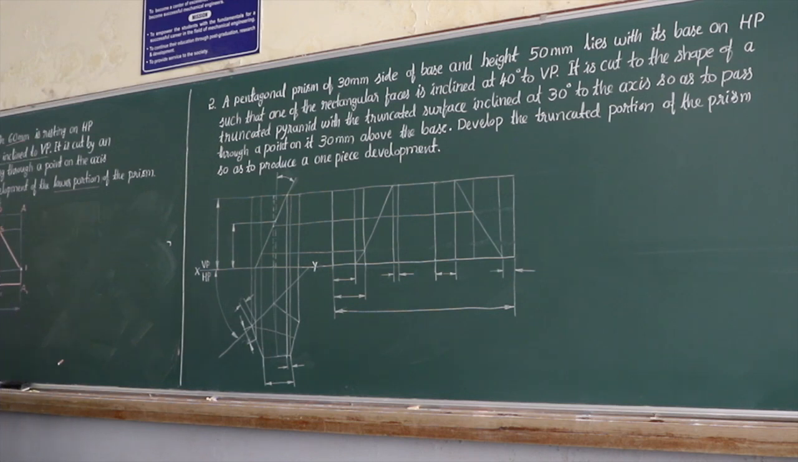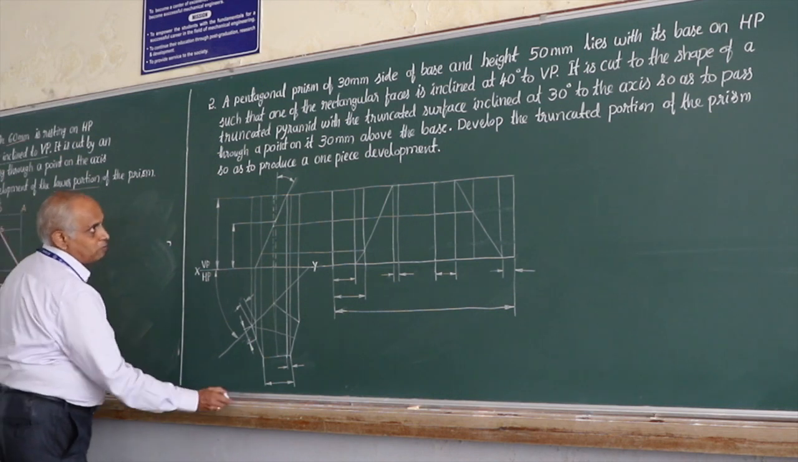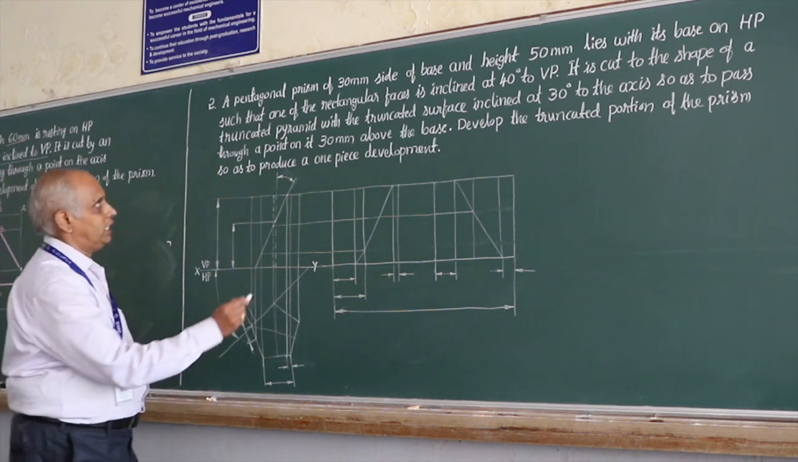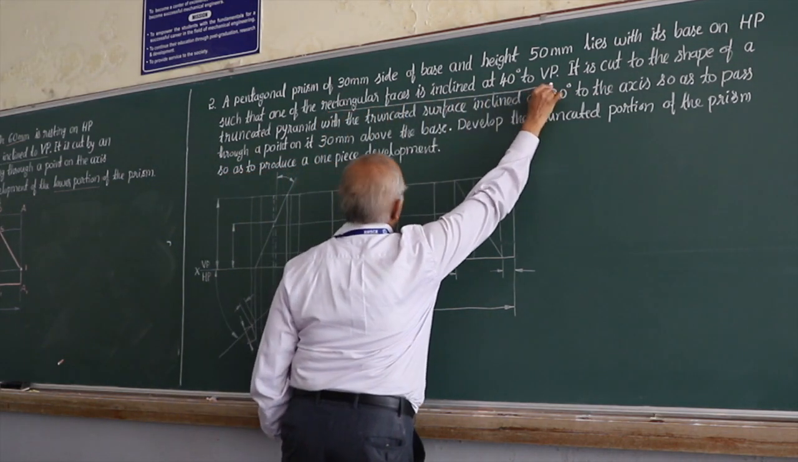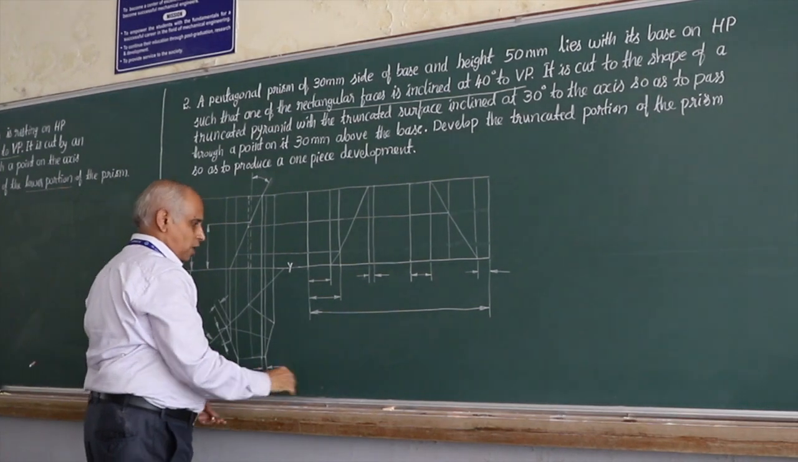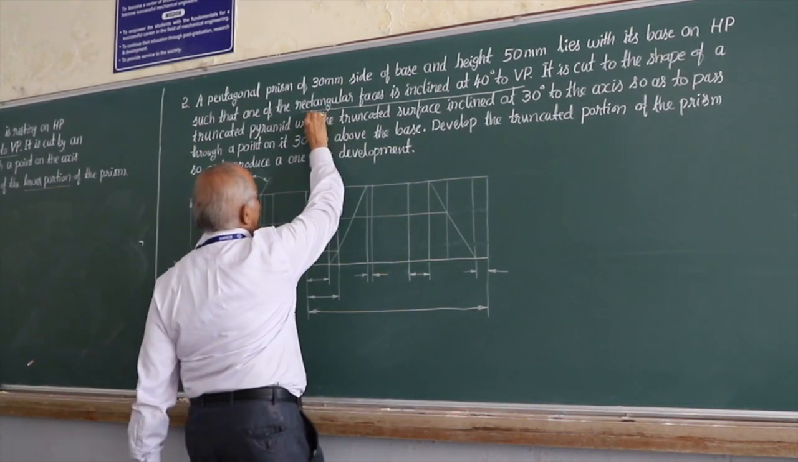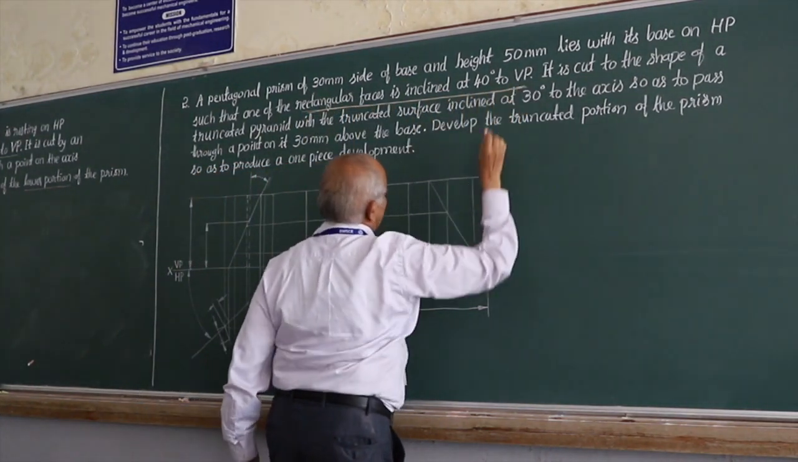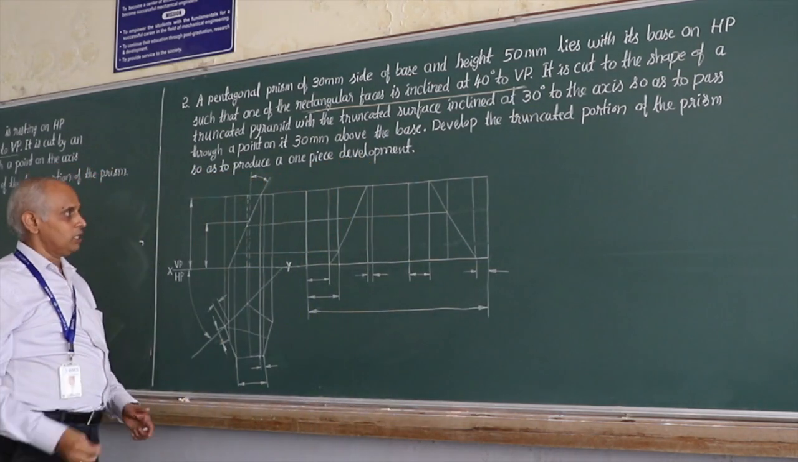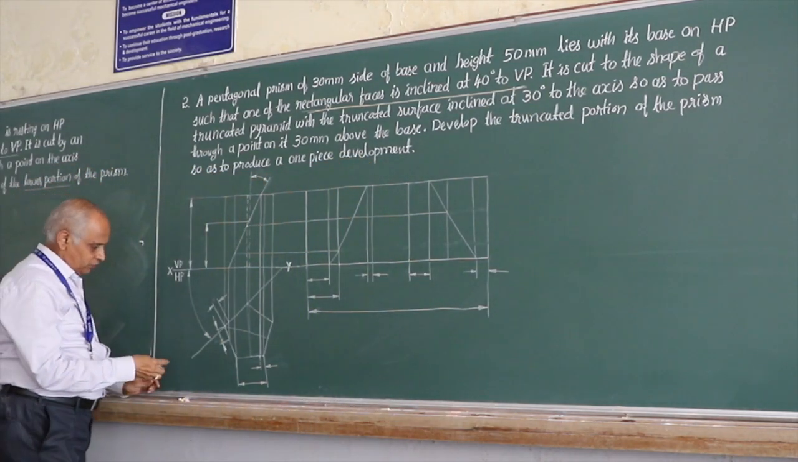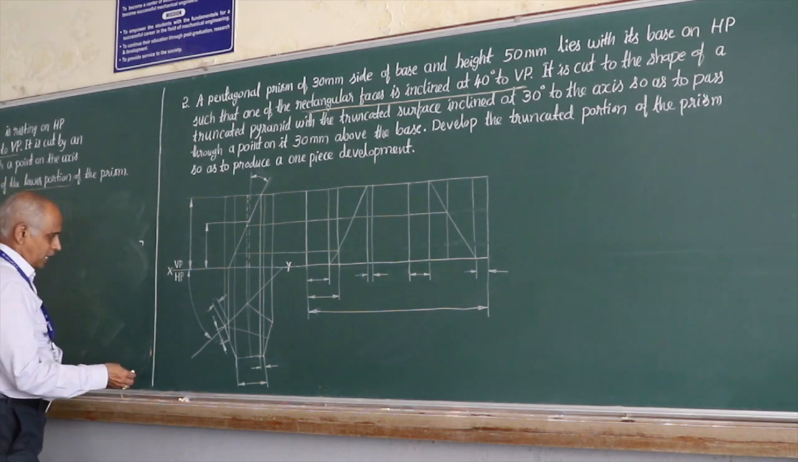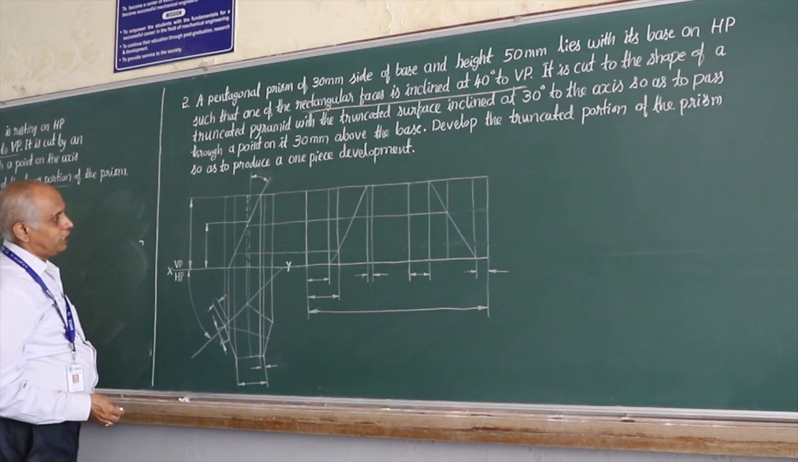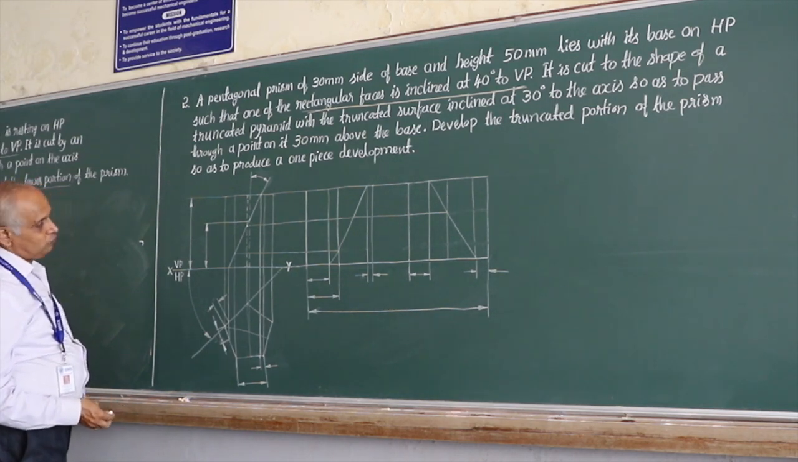So this is a pentagon prism of 30 mm side. Let us draw a pentagon prism of 30 mm side. But very important thing is, he says its rectangle face is inclined at 40 degrees to VP. That's very, very important for you to observe. Rectangular face is inclined at 40 degrees to VP. Remember, in prism, in top view, each of the side of the polygon is a rectangle face. So let us try to draw a pentagon prism of side 30 mm with one side making 40 degree with